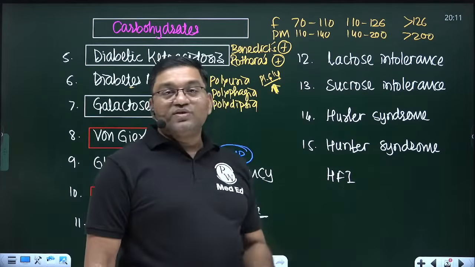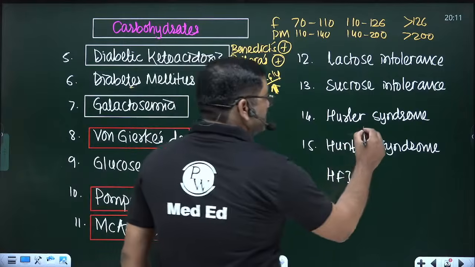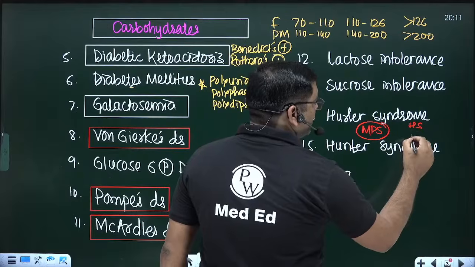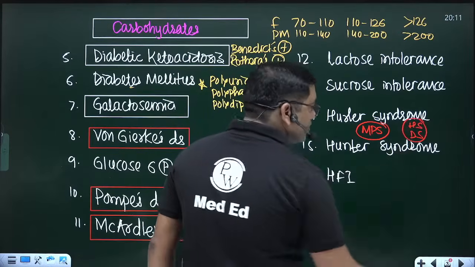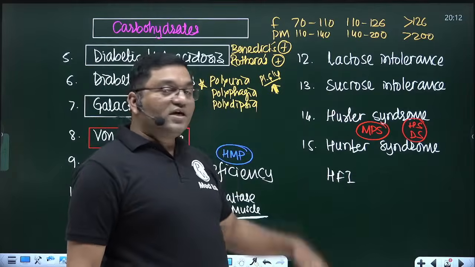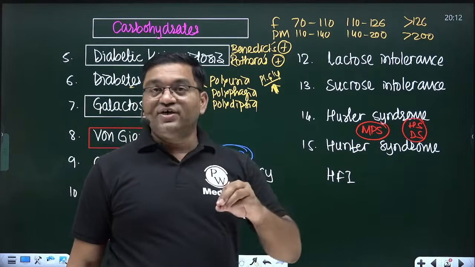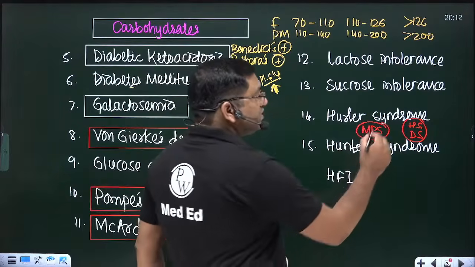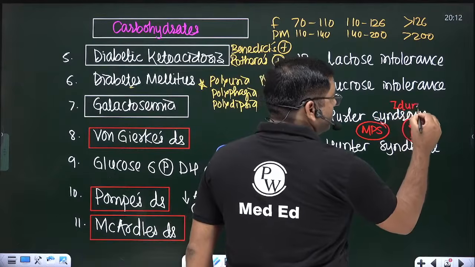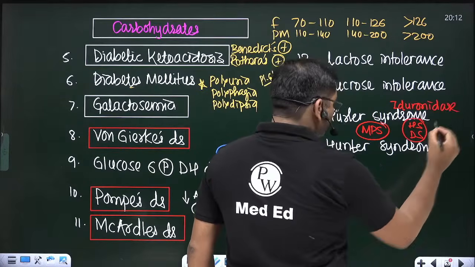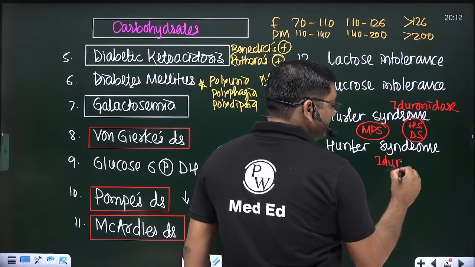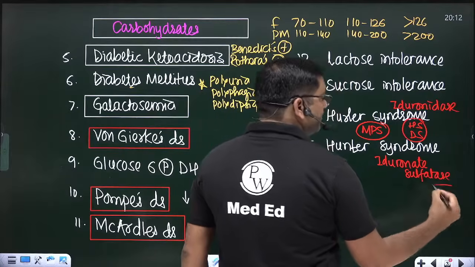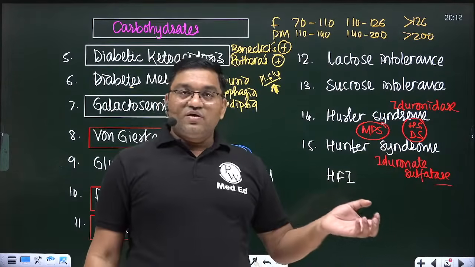Hurler and Hunter syndrome, these are the mucopolysaccharidoses, MPS. There is accumulation of heparan sulfate and dermatan sulfate. So these two glycosaminoglycans accumulate in Hurler and Hunter syndrome. These are known as mucopolysaccharidosis, and there is multi-system involvement in this disorder. In Hurler syndrome, there is a defect in iduronidase, and in Hunter syndrome there is a defect in iduronate sulfatase. Because of this defect in the enzyme,